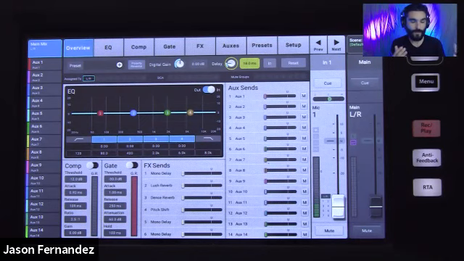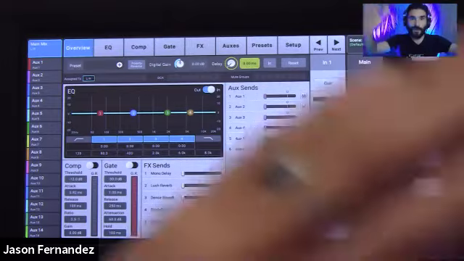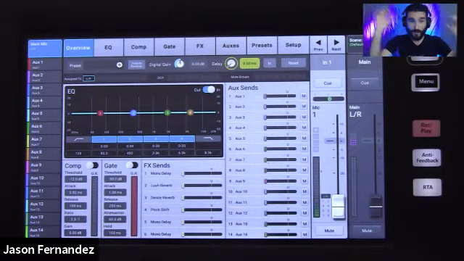The primary use for an input delay like this would be if you're running an event that is utilizing video. So if you have live video and live audio that needs to sync up in real time, you're more than likely going to need to delay your audio because video processing comes with a lot higher latency than audio processing does. So you might end up with a scenario where you have somebody talking, maybe they're on screen and you've got them up on a big presenter screen so the audience can see them and they're huge, but you're going to hear the audio from their microphone before you see their lips move on the screen.